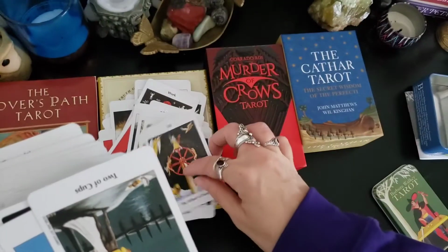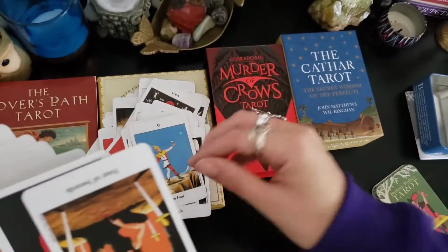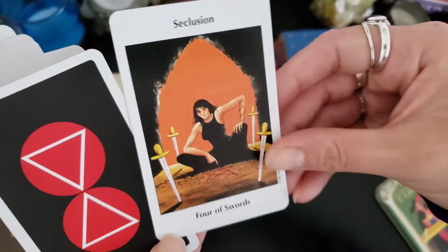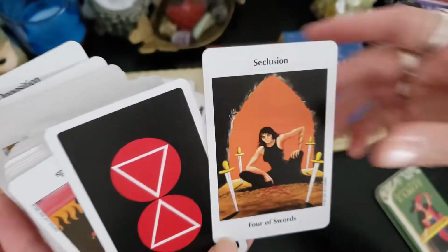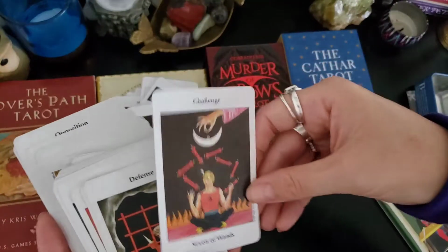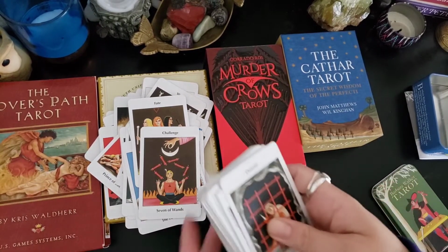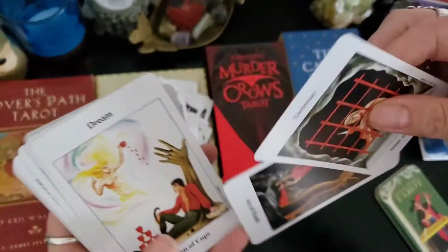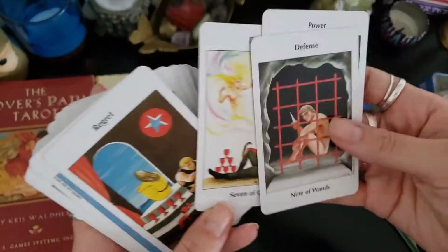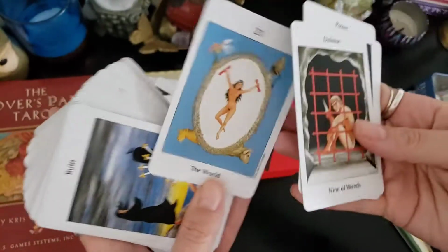And with every deck, people are going to interpret different cards in their own way. Like this Four of Swords, I find really, really fascinating. It's called Seclusion, but there's just some really interesting symbolism there. The Three of Wands, Fate, love that. I especially love the wands in this deck. I feel like this deck is very wand strong, and I would say wands can sometimes be a harder suit for me to understand or to read, and so I really like and appreciate how this deck